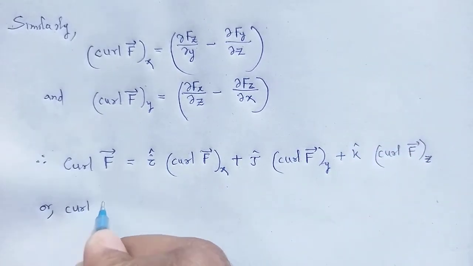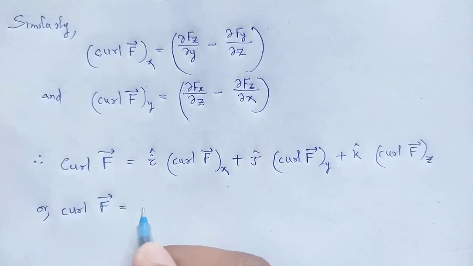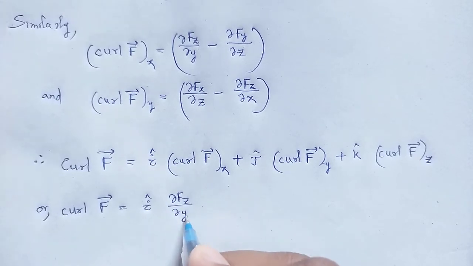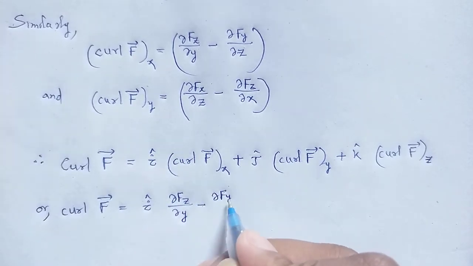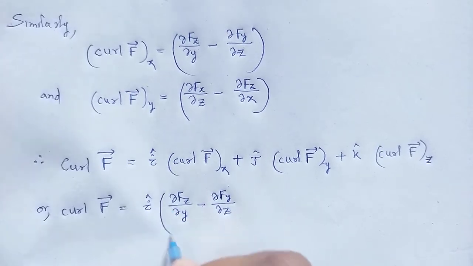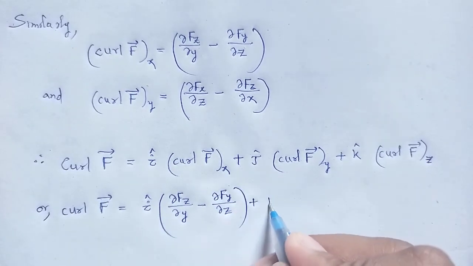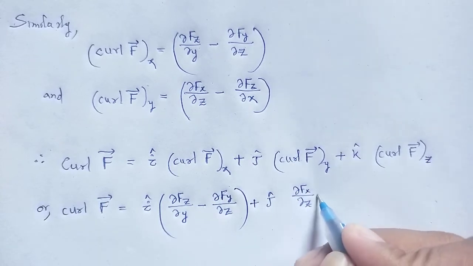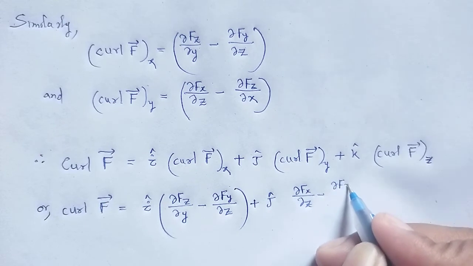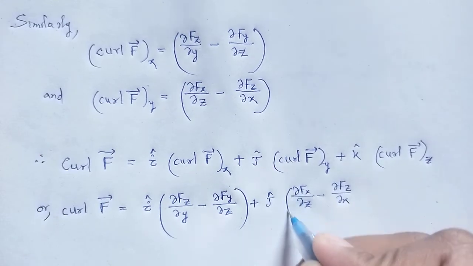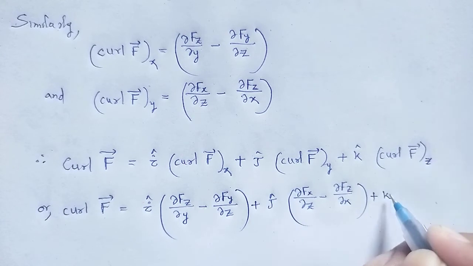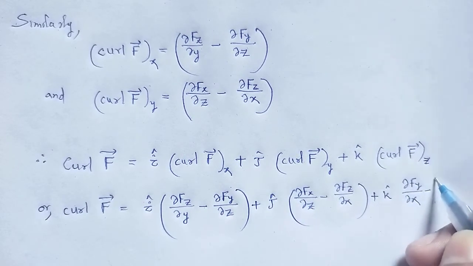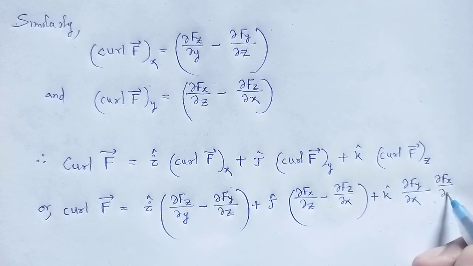Curl of f vector is equal to i cap del fz by del y minus del fy by del z plus j cap del fx by del z minus del fz by del x plus k cap del fy by del x minus del fx by del y,